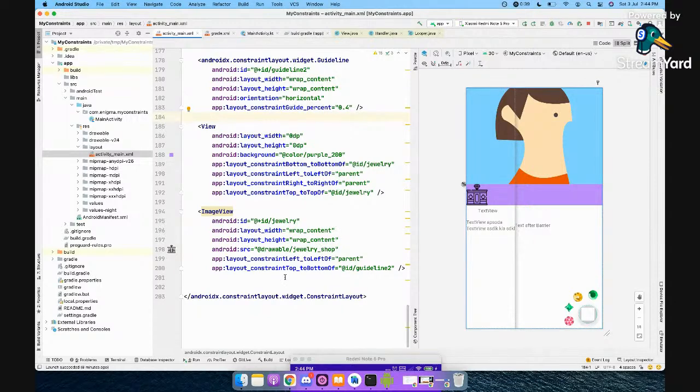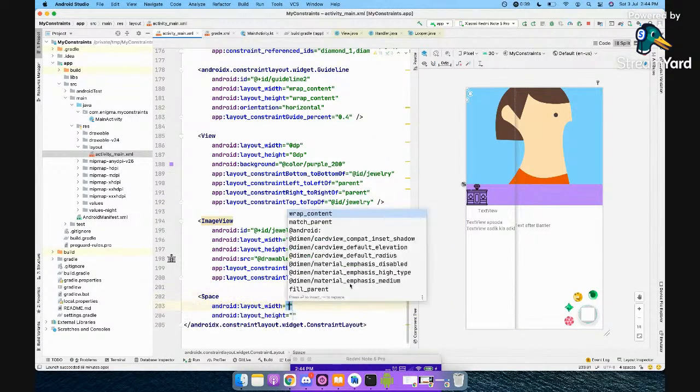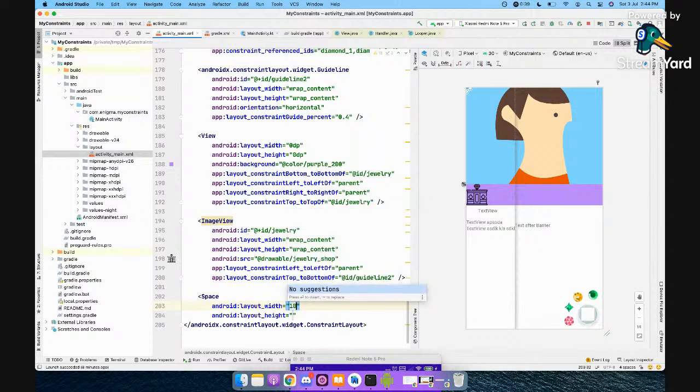So most of the time, what you see is that this is not enough. You want padding also to this. Adding padding cannot be done with this particular view. So for that, what you do is you have something called space, which has, let's say, 10 dp.